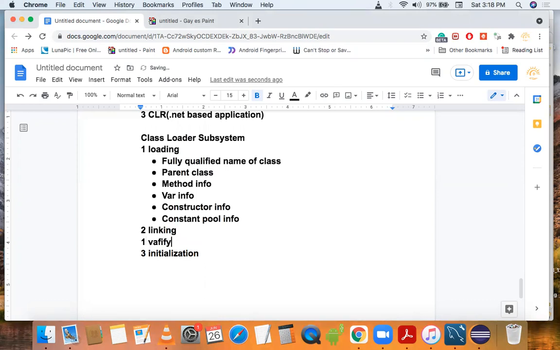In the verify phase, it will check three things: whether our .class file binary representation is correct or not; whether our .class file is generated by a valid compiler or not; and third, whether our .class file is correctly formatted or not. So basically, in the verification phase, it will check three things.